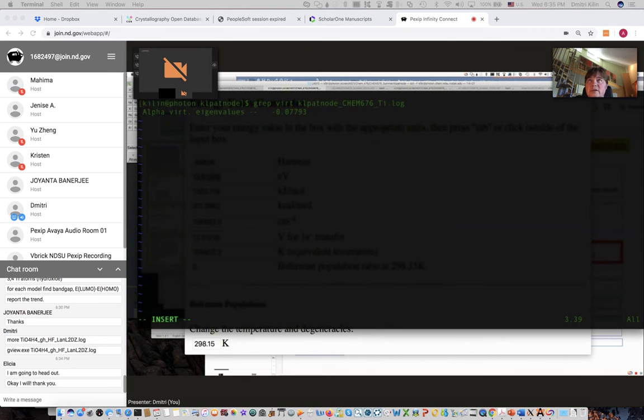DD for delete. I for insert, enter for next line, escape, DD, I for insert. So energy HOMO